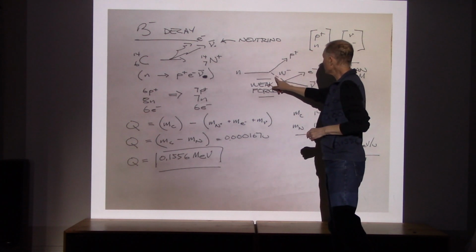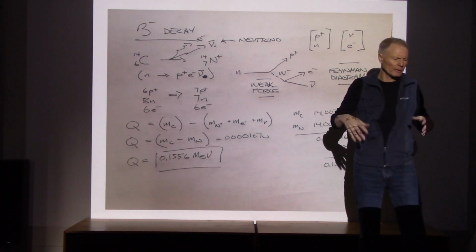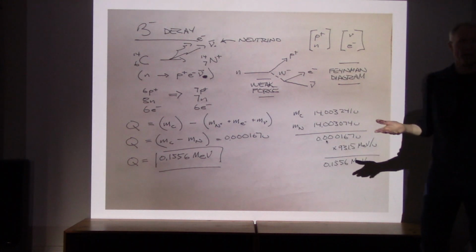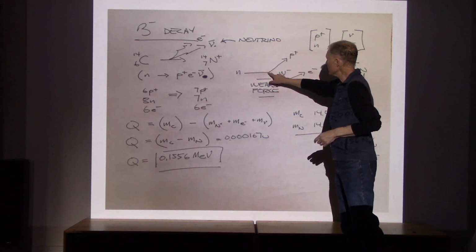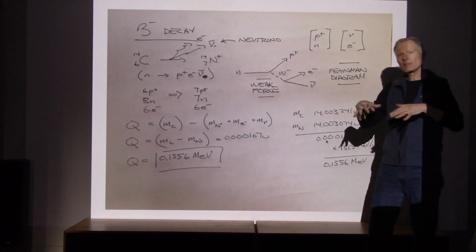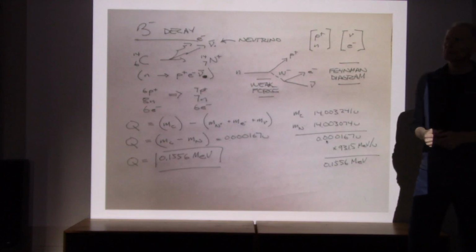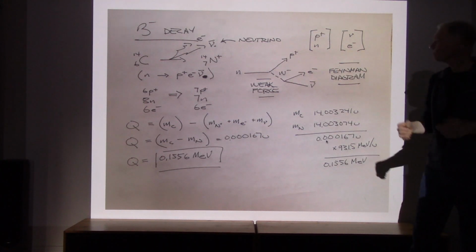Here is the weak force. So again, these are Feynman diagrams, and in chapter 43 we'll be outlining all sorts of reactions using these diagrams. What the weak force does is it enables the neutron to turn into the proton, but it requires that at the same time